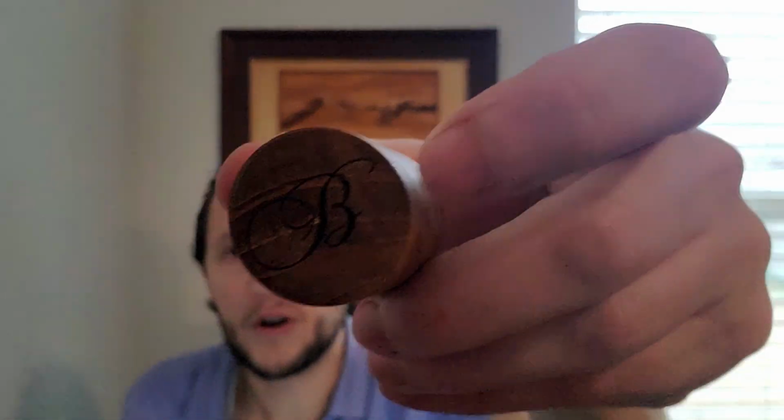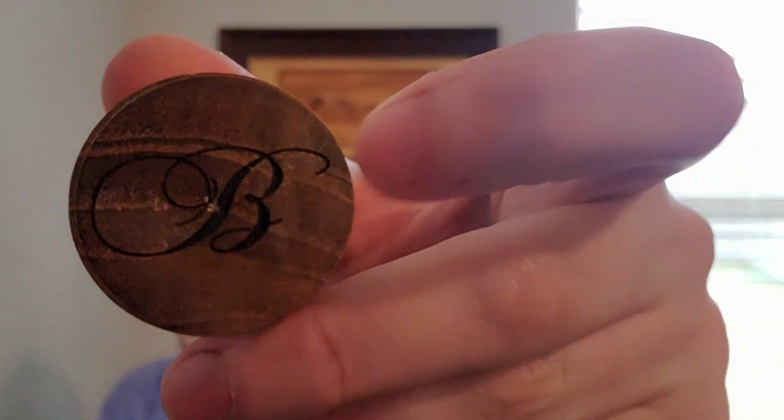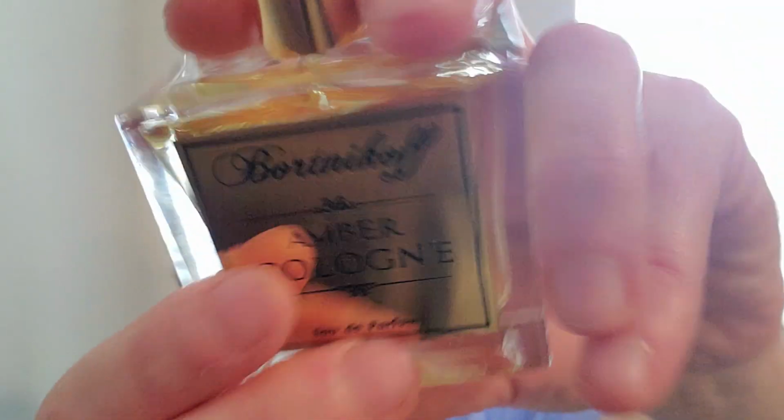Beautiful cap, actually. I almost like it more than the new one. The new one is a little too bougie. This fits his brand perfectly, I think. And of course, Bortnikoff gives you that touch, the bee on the sprayer, gorgeous presentation. But Amber Cologne is another one that has oud, but it's not about oud. This is not an oud fragrance. This is a citrusy summer